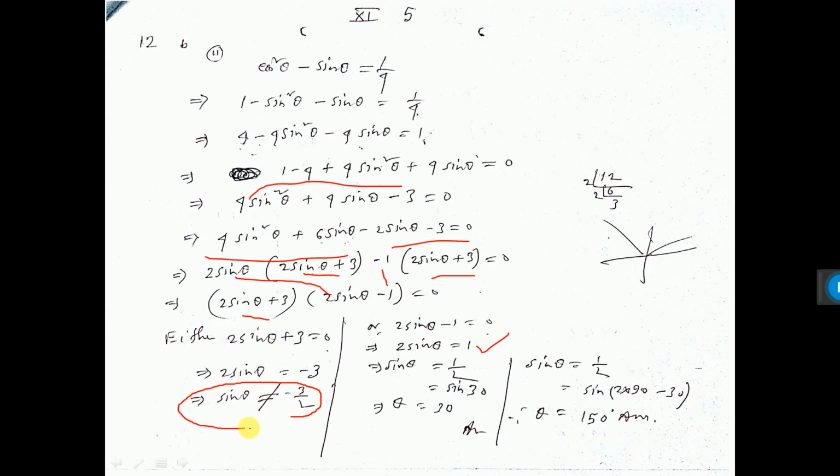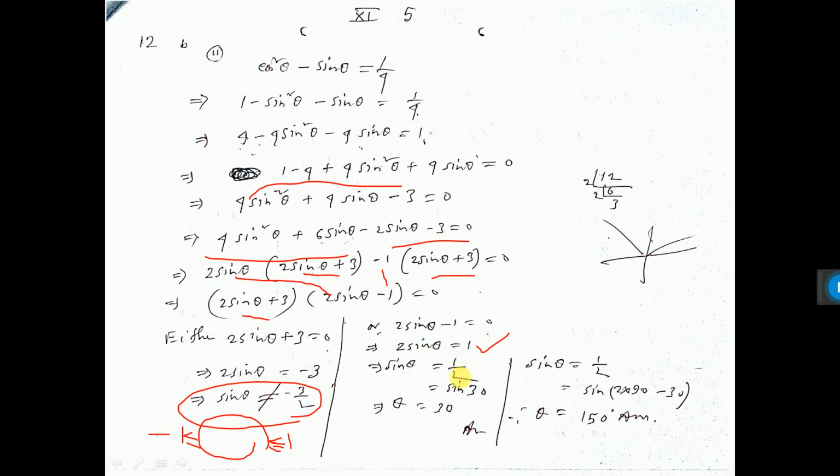But I have written not equal to. Why? Because sin theta value lies between minus 1 and plus 1. But here the value is excluded. It is beyond the range. It is less than minus 1, because this is minus 1 whole 1 by 2, less than minus 1. So sin theta cannot have this value, so it cannot be. That is why I have written not equal to. You also have to write this.